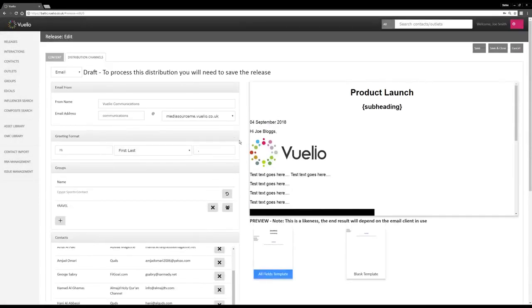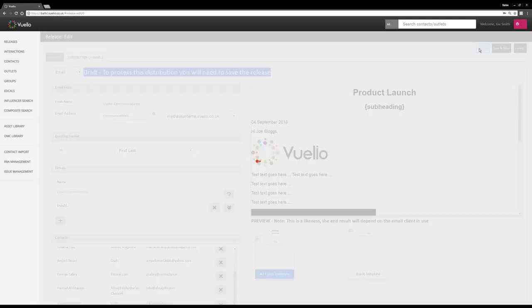Now, once you're fairly happy with the release, in the top right corner, you can either save the release and continue editing, or you can save and close if you need to log out or leave the system. Just be aware, as we can see along the top here, we do need to save the release first at least once before we can send it. So if we click save,